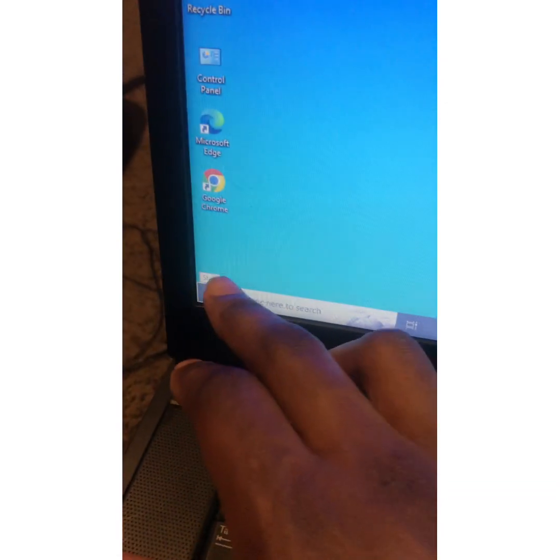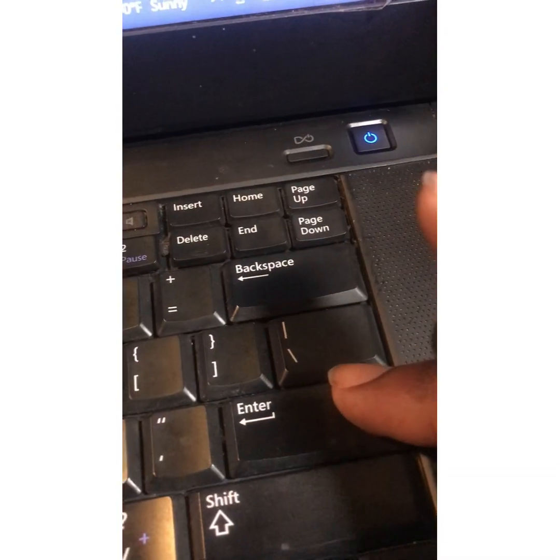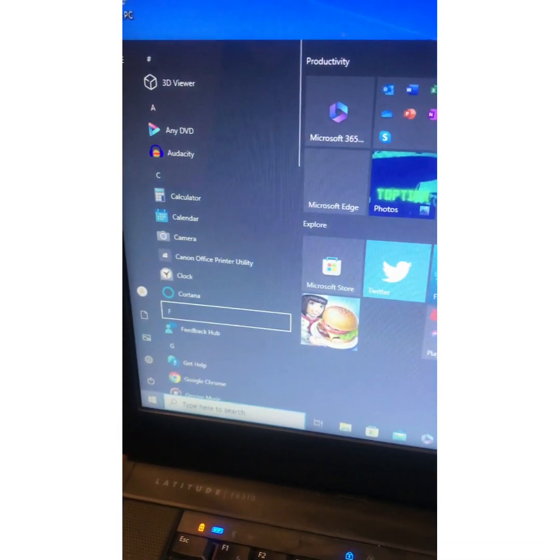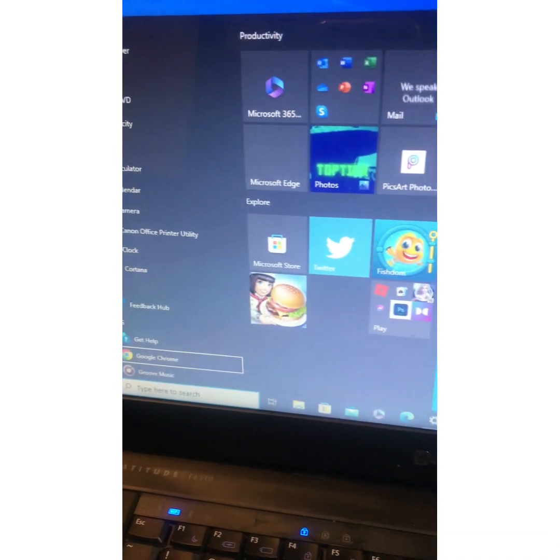If you can't find that button, or this button's not working on your laptop, then you just press the tab key until that lights up in the corner. You press enter, it pops up. Use the arrow keys to cycle down to whatever browser you go to. Press enter,